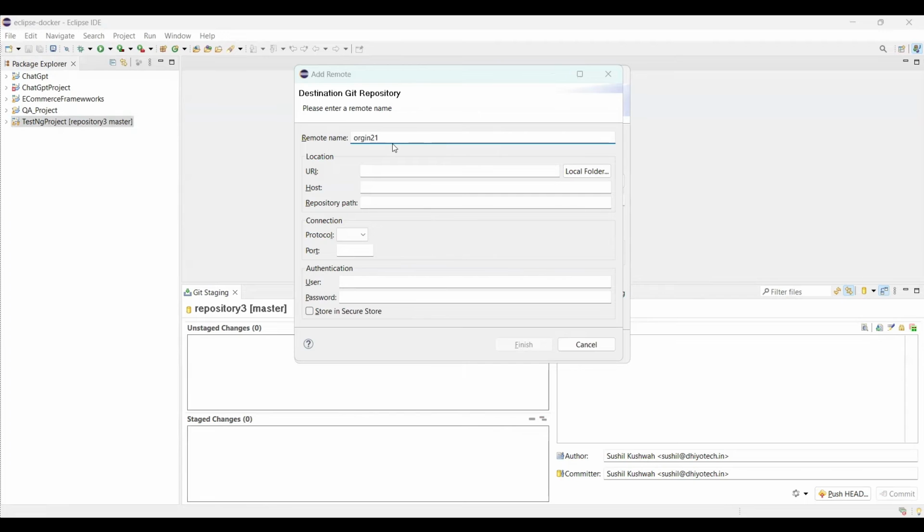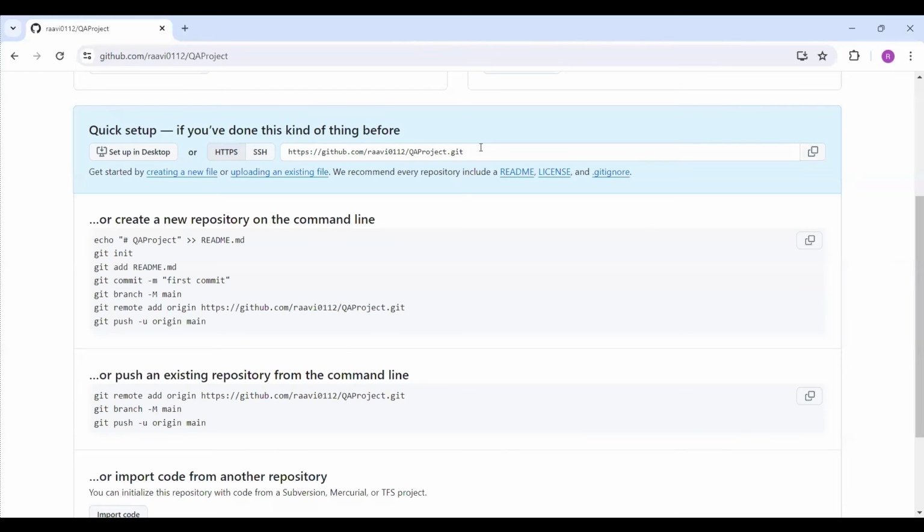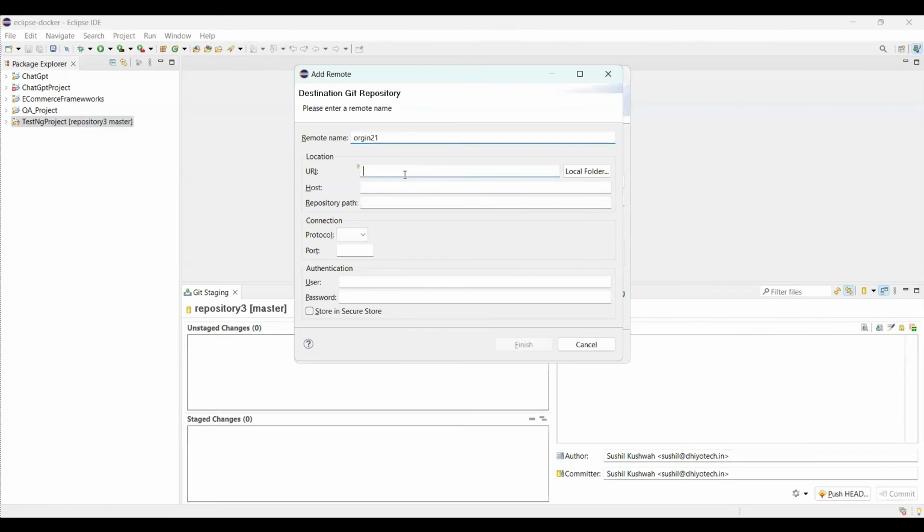Now the next thing I have to do, the steps are similar. You have to copy this URI. Copy this and paste it here. Now done. Enter the username. So my username is this. Now, when it comes to the password,